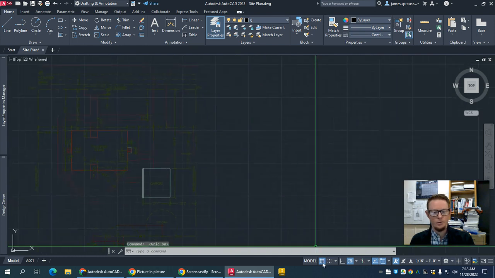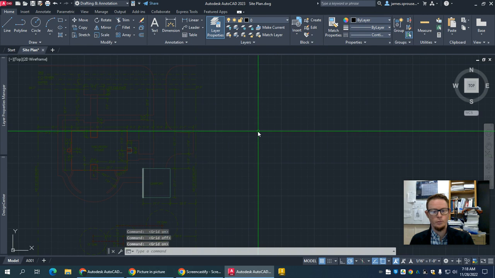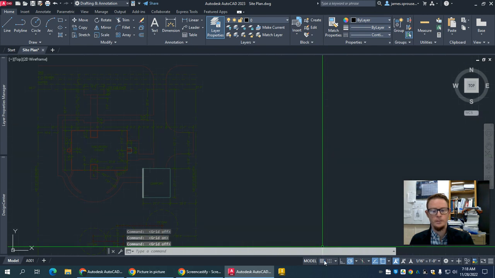I typically turn it off. I don't use it much myself, but if you do, great. So that's the grid in the background. So if I turn that back off,